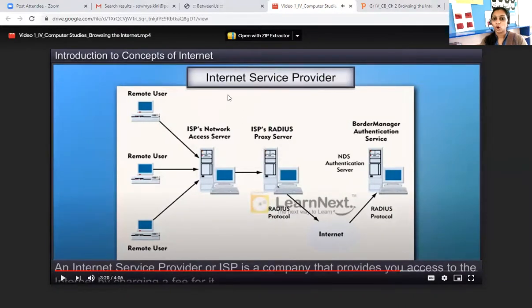And we also discussed a few internet service providers. Can you remember them? Yes. What about Jio, Tata, or BSNL, Vodafone, Docomo, Airtel, etc.? Right? These are called internet service providers, where they charge a nominal price for providing an internet connection, and we will be paying it either on a monthly basis or might be a daily basis, etc. So it depends on how much internet we are using.